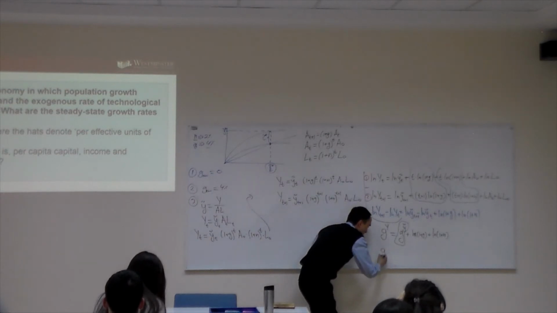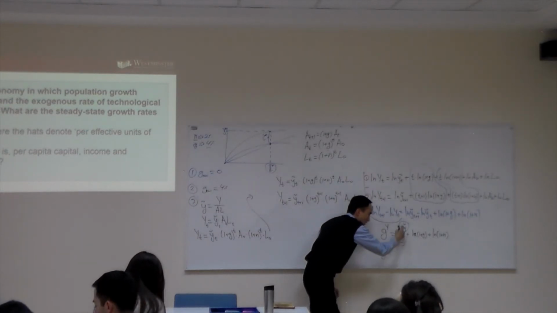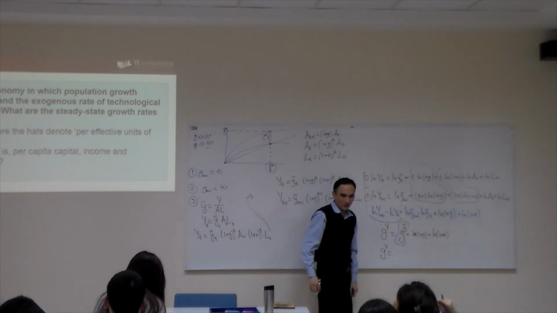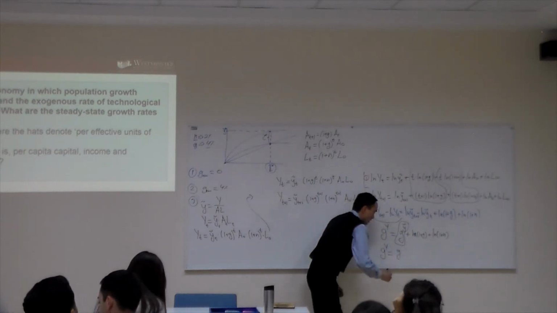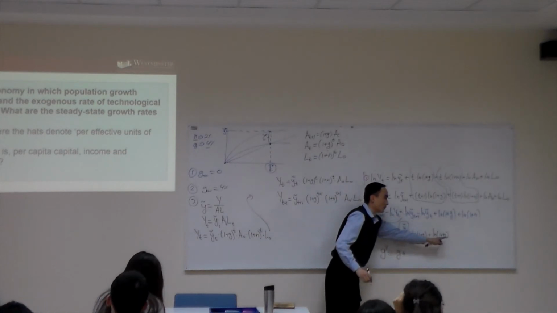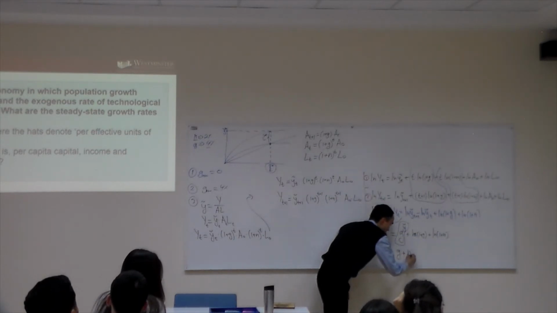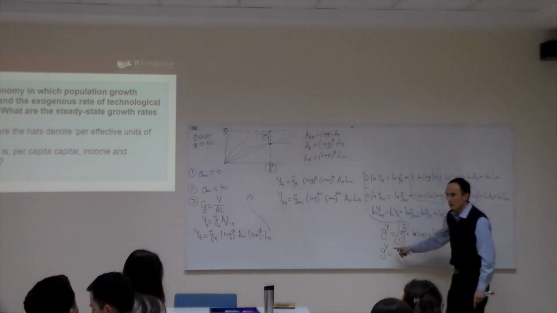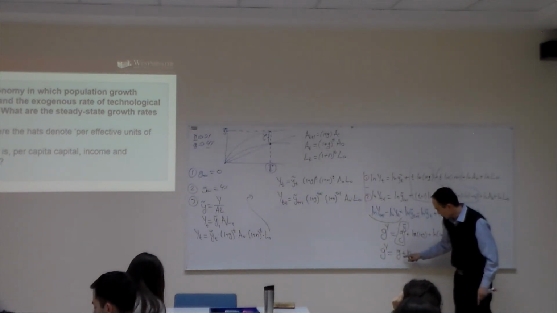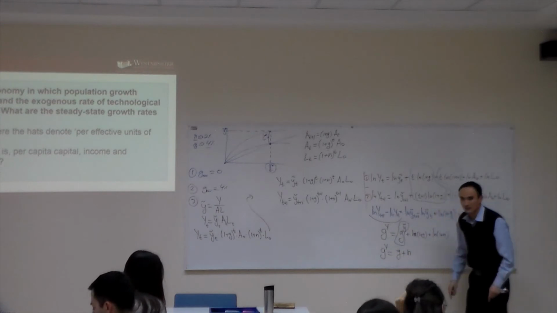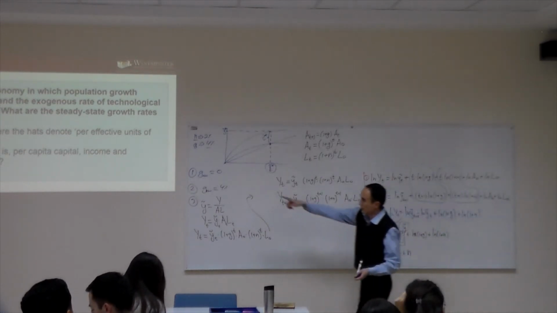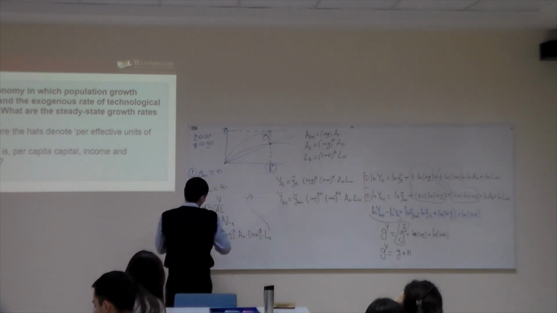So the growth rate in output is equal to, this is now 0. What is ln(1+g) approximately equal to? It's equal to g. What about ln(1+n)? It's equal to n. Okay? So the growth rate in total output is equal to the growth rate of technology and population, labor. So the answer for the third one is,